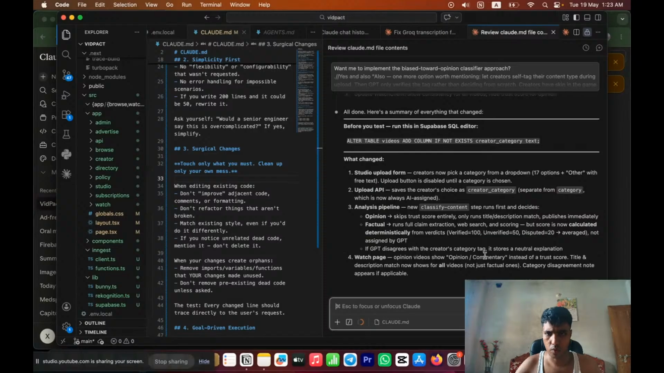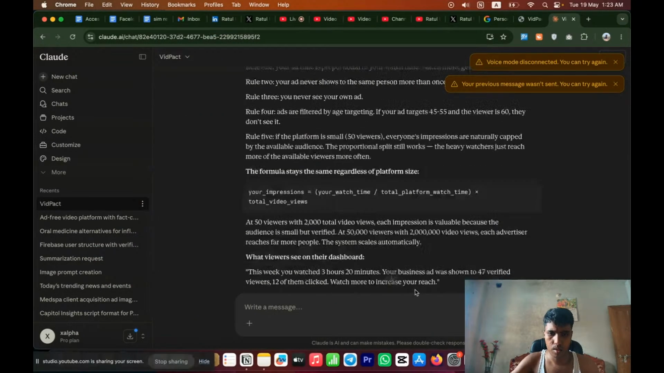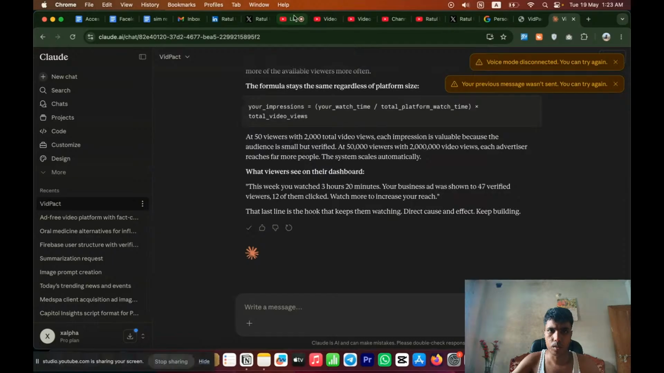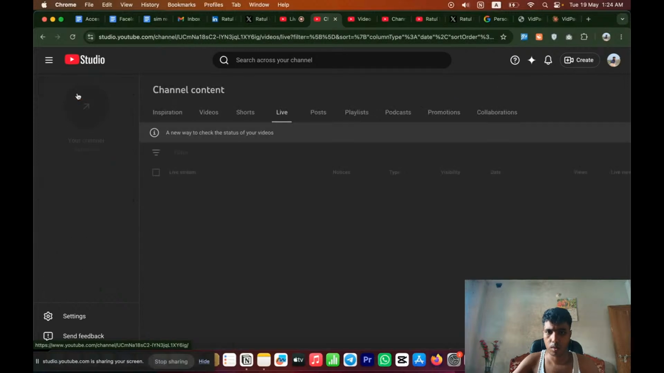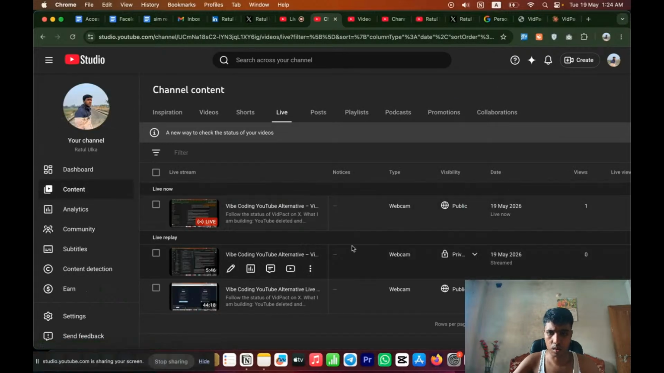Or change the studio upload form. Drop down with 17 options without an uploaded API, and create a separate category, separate from the category which is allowed. Now, which can classify content runs first. There, decide. Okay, so I think that is fine. So here, live content. Okay, so content videos, the virtual video. So the virtual live is one. Next, the virtual live. Okay, so live coding,